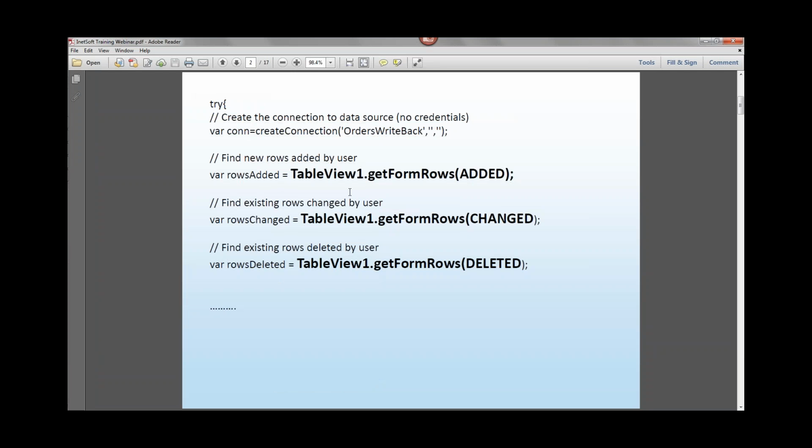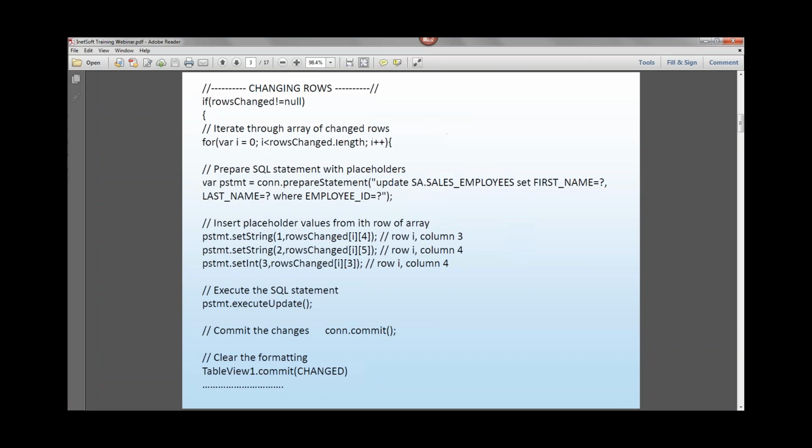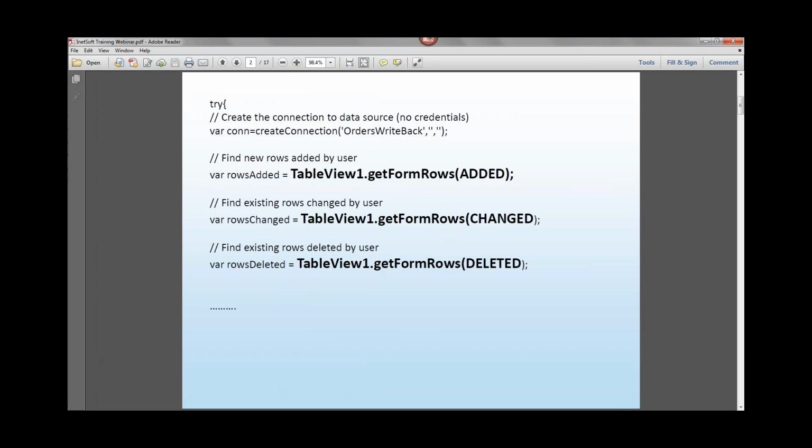Okay, so hopefully everybody can see this slide. This script is not that long because we're dealing with a very simple scenario, and also I'm only going to illustrate committing changes, right? So even though the script begins by getting the changes, the added rows, and the deleted rows, in the remainder of the script, I'm only going to commit the changed rows. I only put these other functions here just so you could see how to acquire the added rows and deleted rows, but I'm not going to do anything with that.